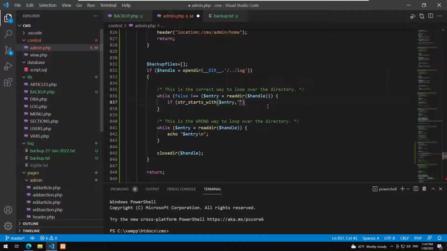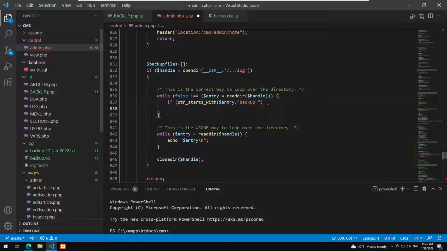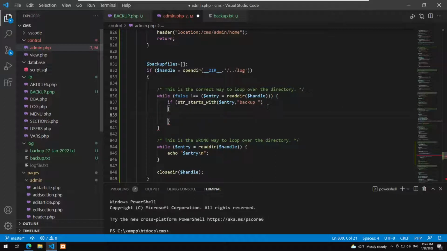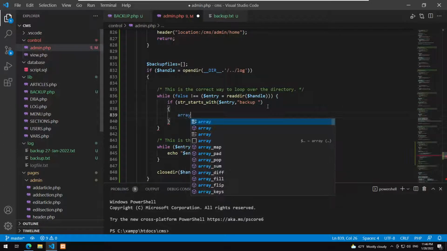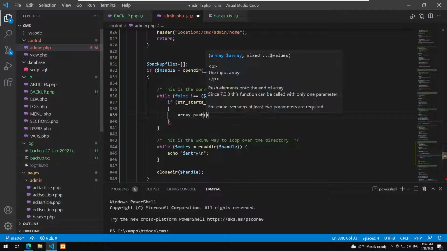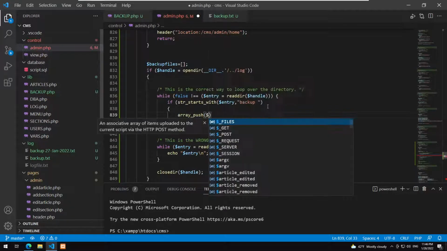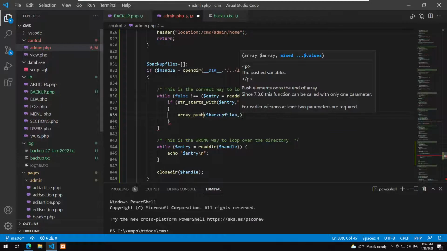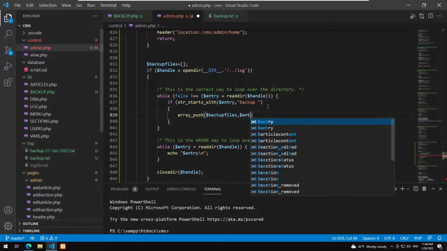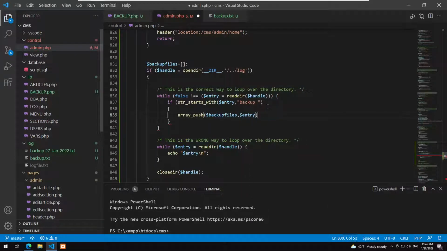Okay, so this one's going to be starts with entry, starts with backup space. Okay, so if the file starts with this, we will do the following. We will just say array push, backup files followed by entry. There you go. So we will collect the name of the files right away,